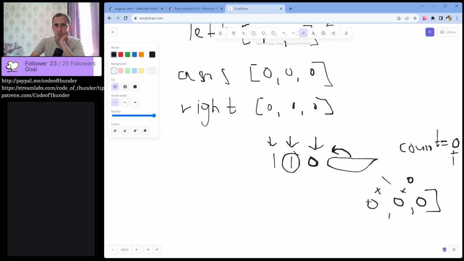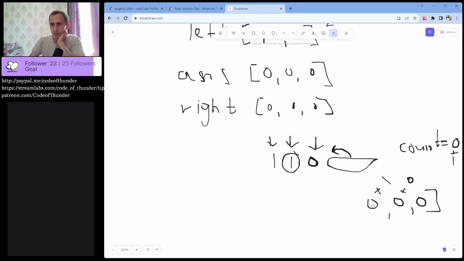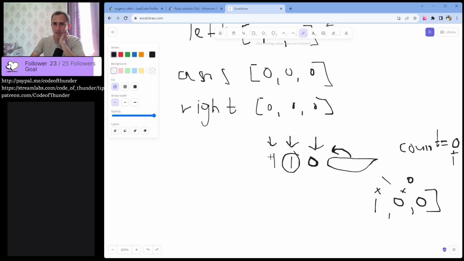So we put 1 here, and we have 1 here, so we update our count, but we do not have to use it anymore because it's the end. So this is our right,